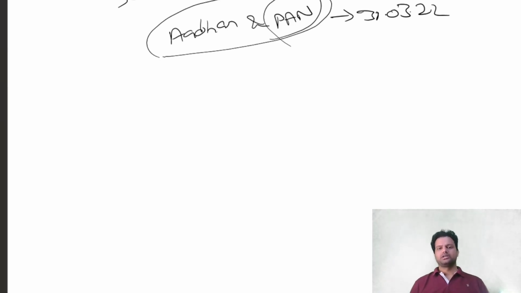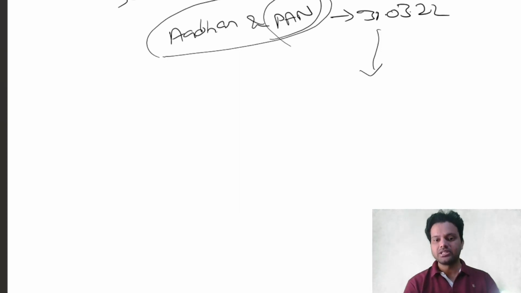So what if the assessee has done it after 31st March 2022? Yes, he can do so. After 31st March 2022, if we link the PAN with the Aadhaar, then the department levies an additional fee. What is that additional fee? If he is able to link his PAN with the Aadhaar on or before 30th June 2022, the fee will be 500.